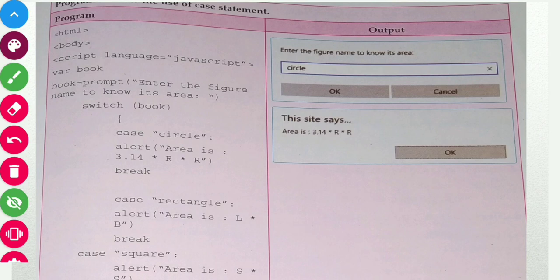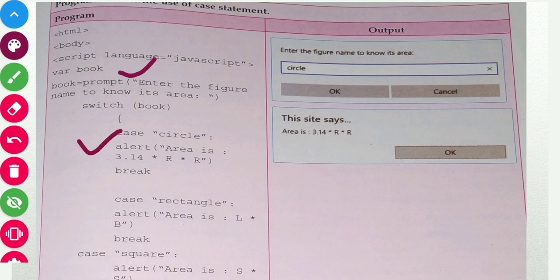I have kept one variable here, that is var book. Book is the name of the variable, and we are asking them to enter the name of a figure. A figure can be a triangle, a rectangle, a circle, or a square. Depending on that, we'll execute the particular part.